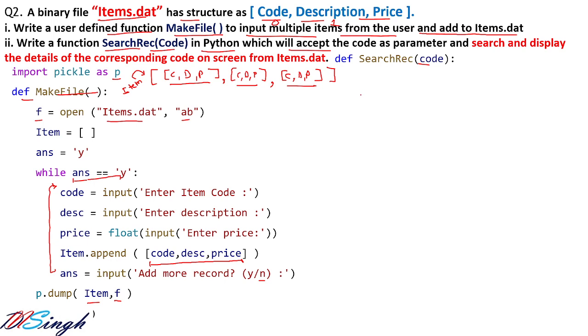And next is to open the file in the read mode. Now we are going to read only, because we are going to search it. No writing work is required here. So RB mode is fine. We are going to open the file in RB mode, and the next job is to